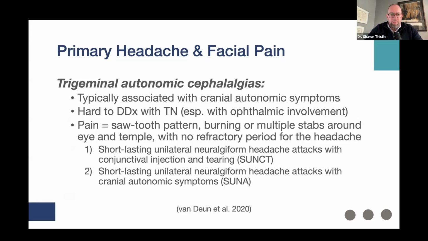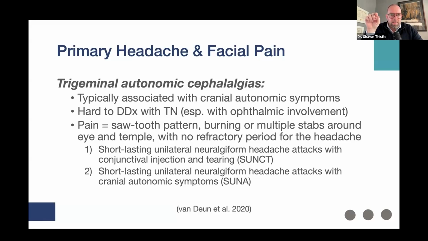They're generally hard to differentially diagnose from trigeminal neuralgia, especially with the ophthalmic involvement. But these are sawtooth pain, burning, or multiple stabbing around the eye and temple with no refractory period for the headache. So these are pretty severe unilateral temporal orbital headaches that start to bump into differentials like a cluster headache,